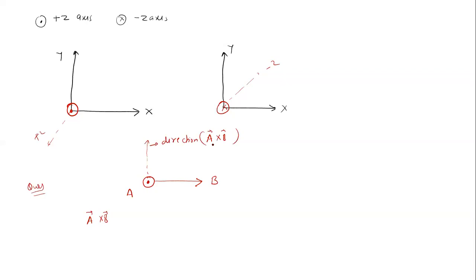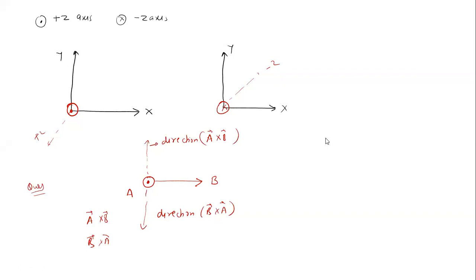Okay, understood. Now, if I ask you in the same problem, what is b cross a? Minus y axis. Very good. So what you have to do is put your finger towards the b vector, rotate towards positive z. Where is the thumb pointing? Negative y. So this is the direction of b cross a. Understood? How are we getting this?